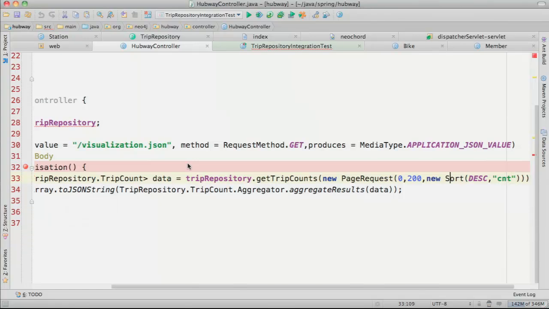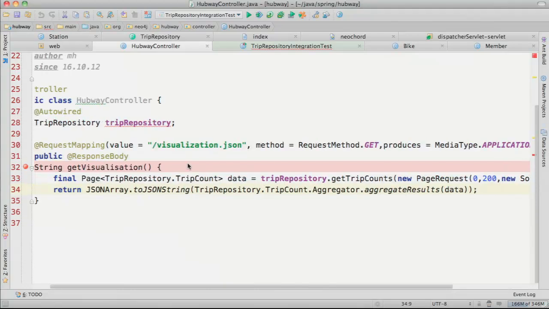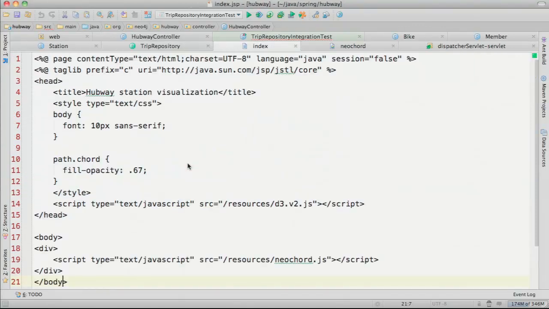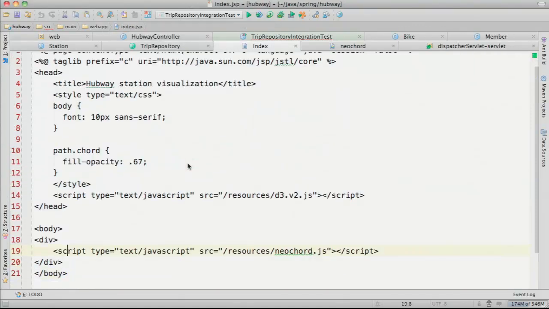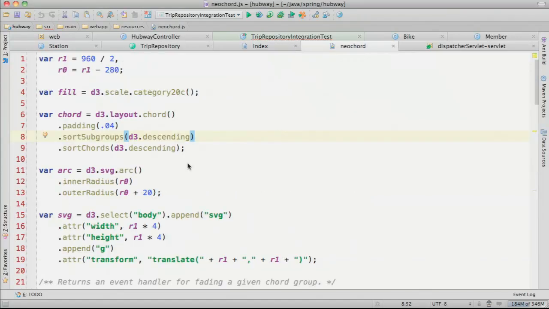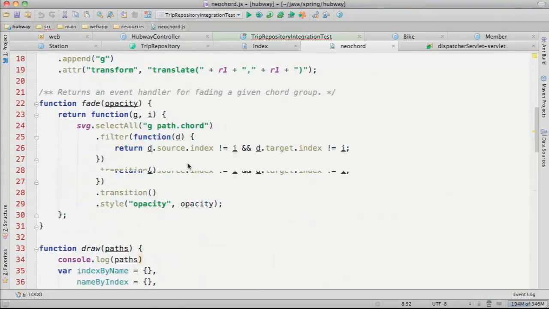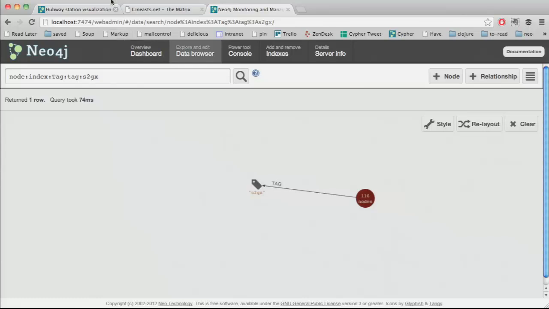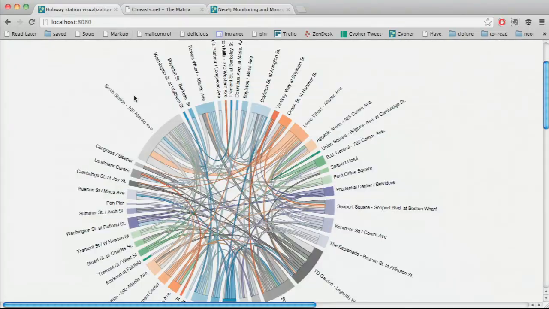I get all the data back, then do the data munching and return the JSON string. My GSP is just a tiny thing that does JavaScript loading, and the JavaScript is just the D3 API, which shouldn't concern us that much. But what we want to see is the result, which looks like that.